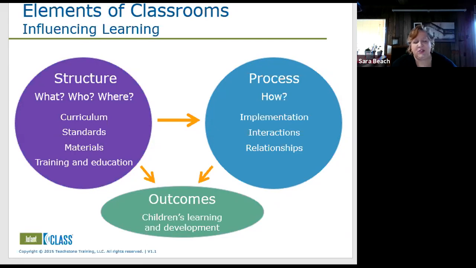And another teacher is just using it as some ideas, but they're going their own way when they do the curriculum, when they plan. So one teacher is implementing it with fidelity and one teacher is not. We cannot guarantee the learning unless we're implementing things with a high level of fidelity. And the same thing goes with interactions. They're hard to measure because interactions are almost subjective sometimes.